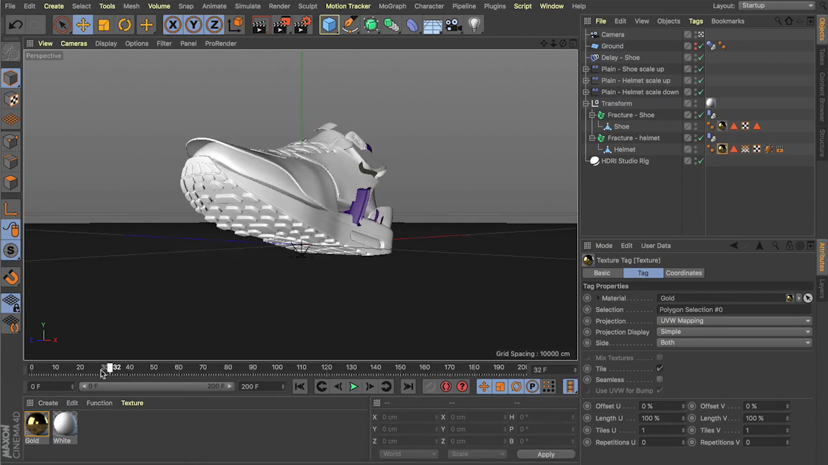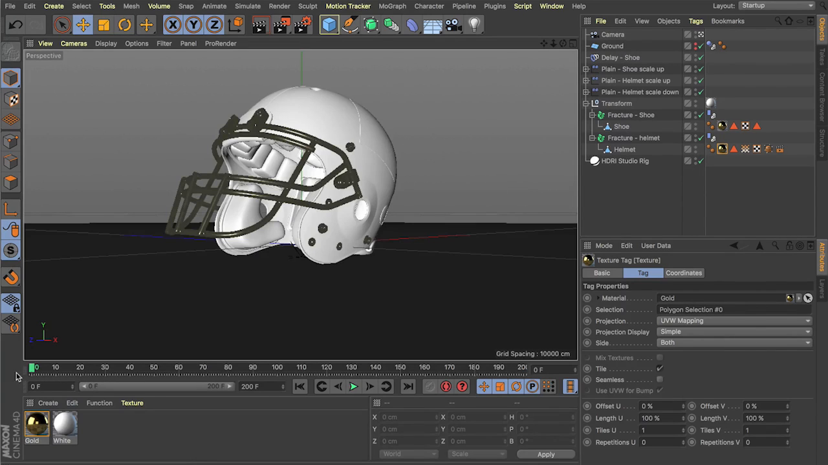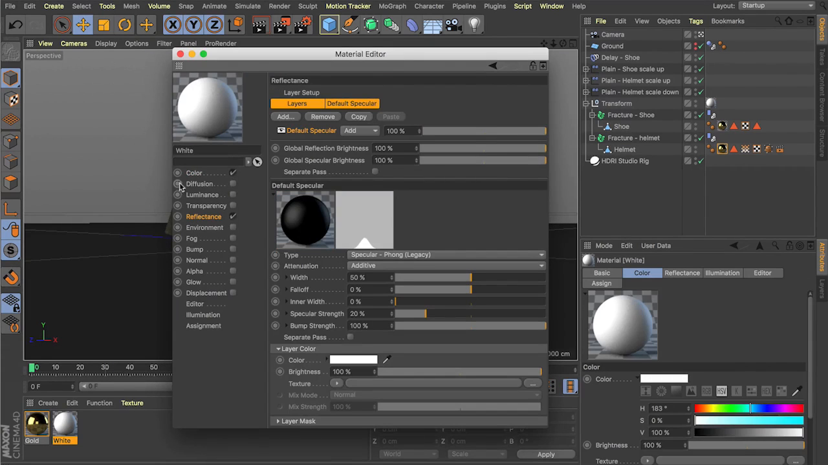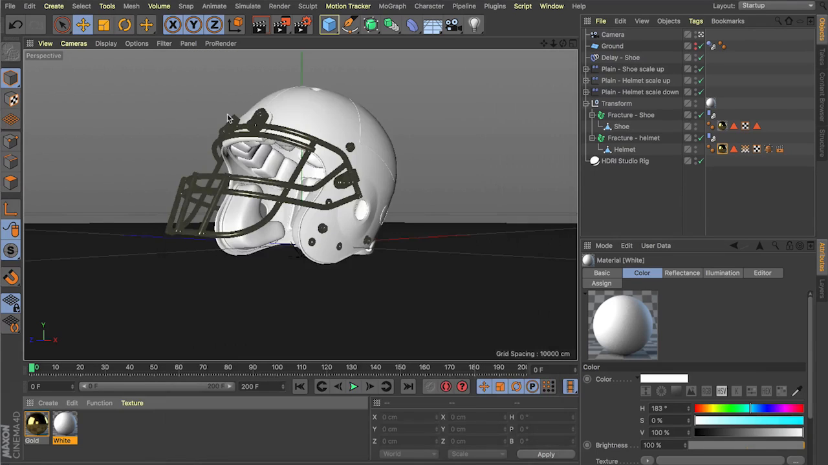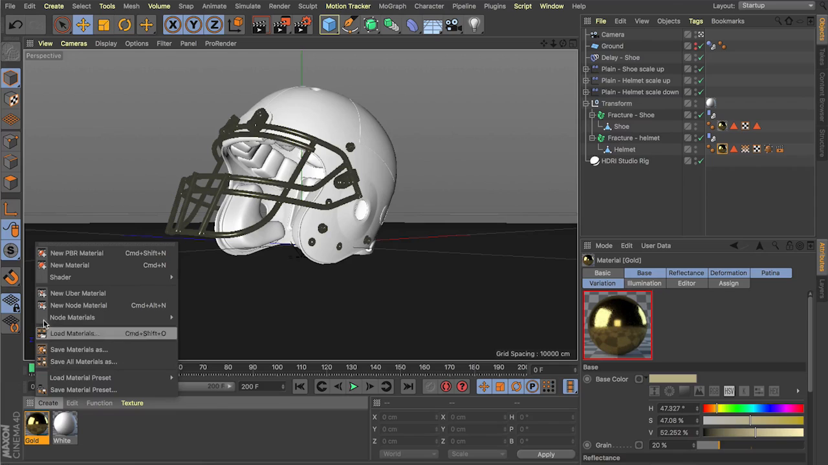So these textures were very simple. You can see I've got a white material that is applied to the whole thing, and if I jump into here, you can see I've just got that default specular. Our color's cranked to 100% white, and that's it, keeping it nice and simple for that one. And our gold material here, if you guys have R20, you can come up to your node materials, and there's some great presets in here that I've been playing around with. And in this case, I just grabbed the gold material, and that's what we've applied to the face mask and